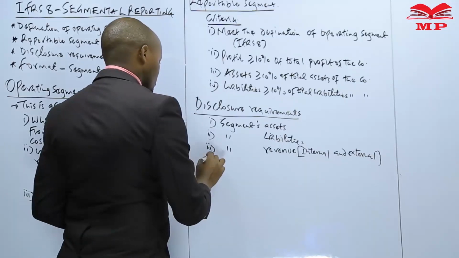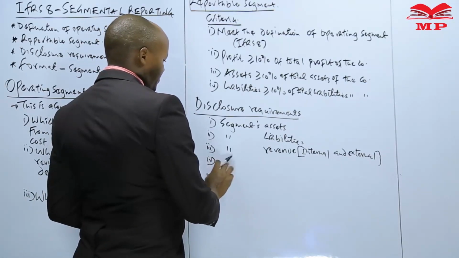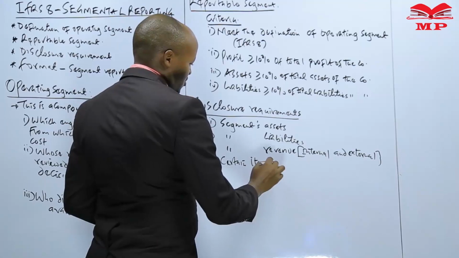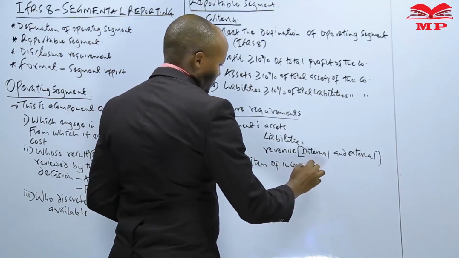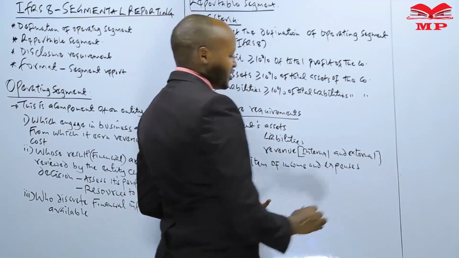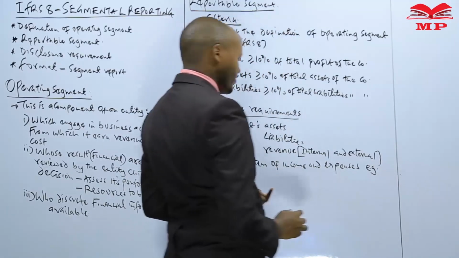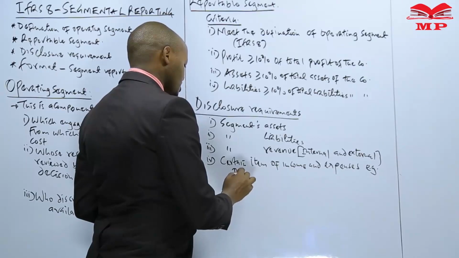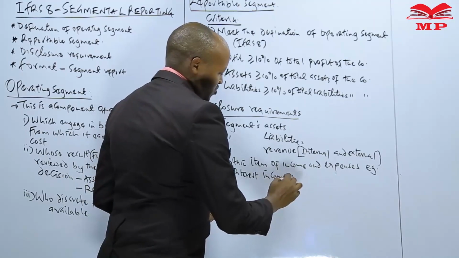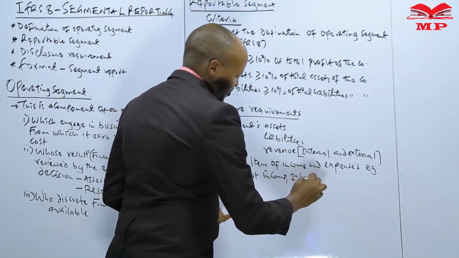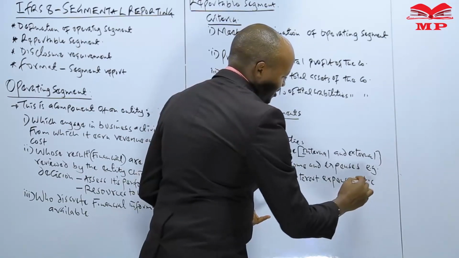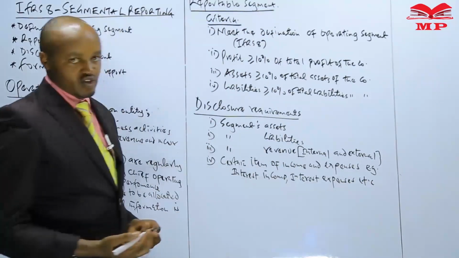The other information which will also need to be disclosed in respect to each segment is certain items of income and expenses for each and every segment, of which now these various items of income and expenses will include things like the interest income for each segment, what we refer to as the interest expense for each segment, and also things like what we refer to as depreciation for each segment, the amortization for each segment,